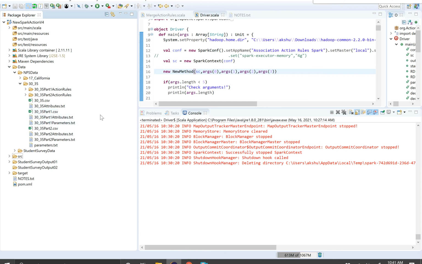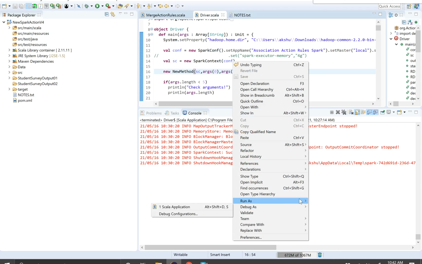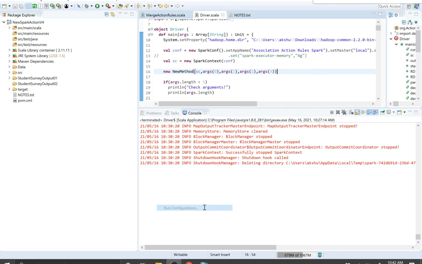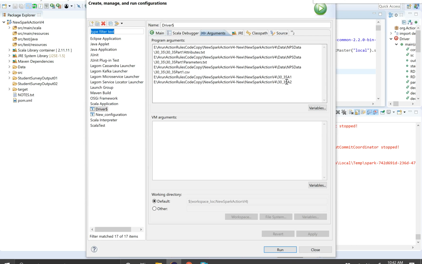In the arguments you need to provide the location for these 3, and then we need to create the output folders, as I showed you. Of these 2 folders, one will get automatically generated once you execute the code, but this one we need to create.